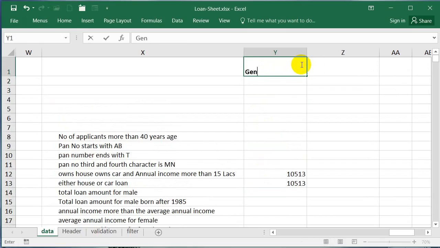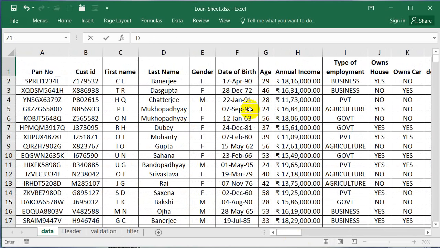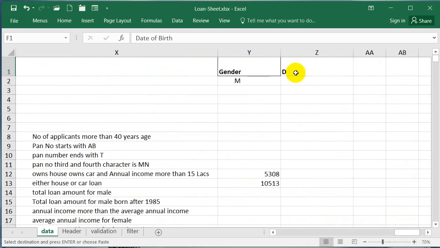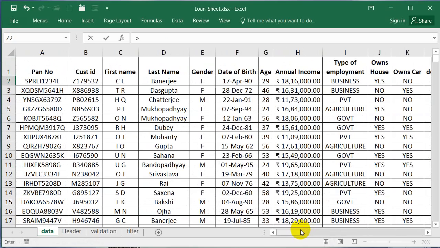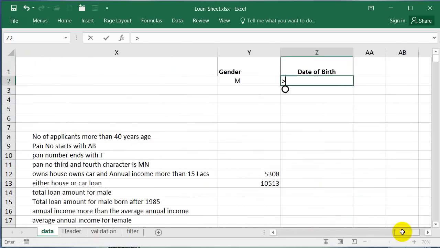So one is gender, should be M, and let me check out the date of birth field name, date of birth, Control C, and I'll write it here, Control V, and here it should be greater than, which format I am following, 17th April 1990. So same format I have to give. So it should be greater than 31 dash December 85. Right, born after 85. Right.